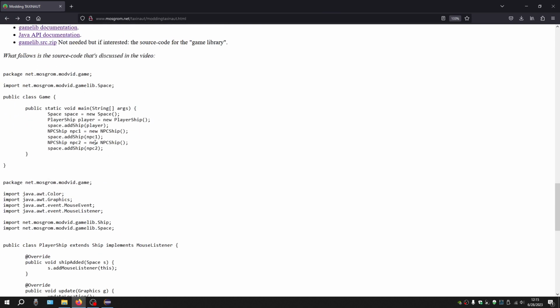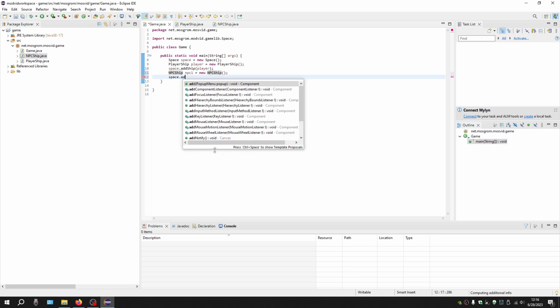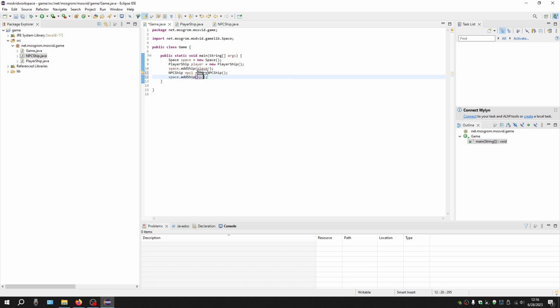Sorry, I called it NPC1 and NPC2, right? So NPC1 is new NPC ship, and I will add it, space dot add ship NPC1, save it. As you can see, it's red because